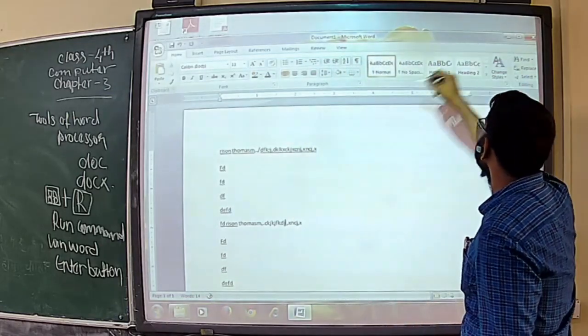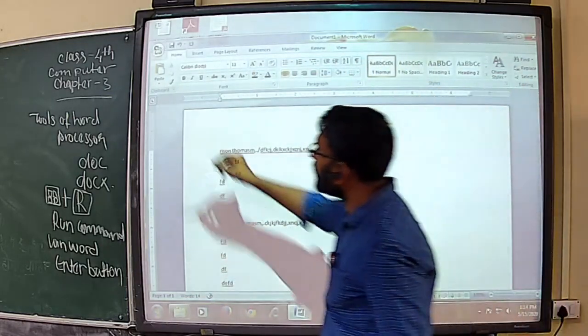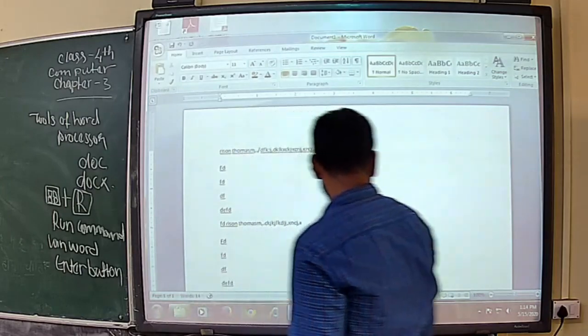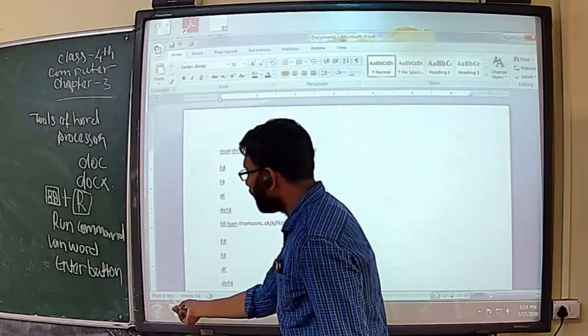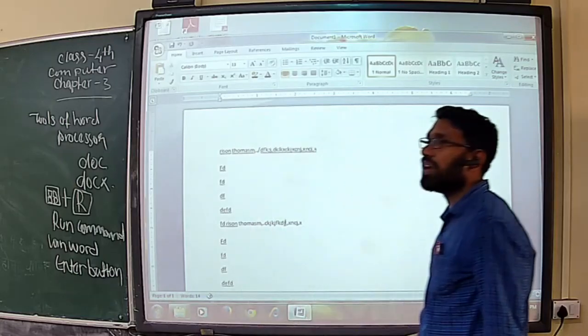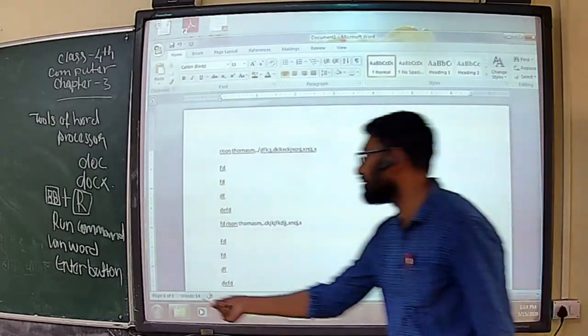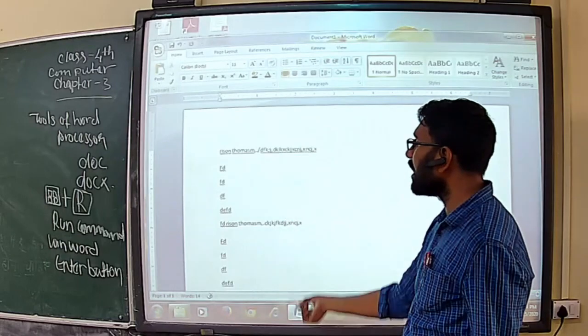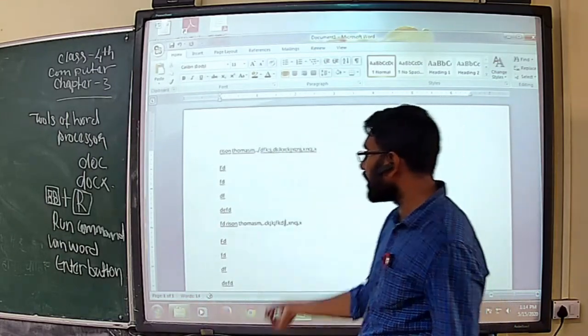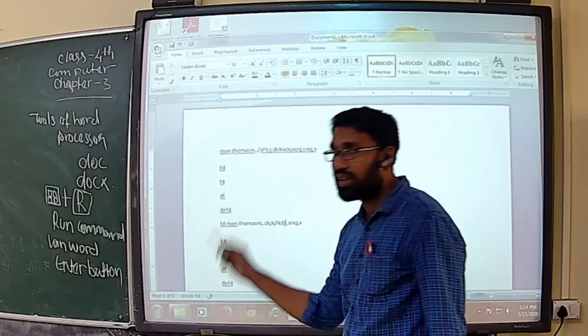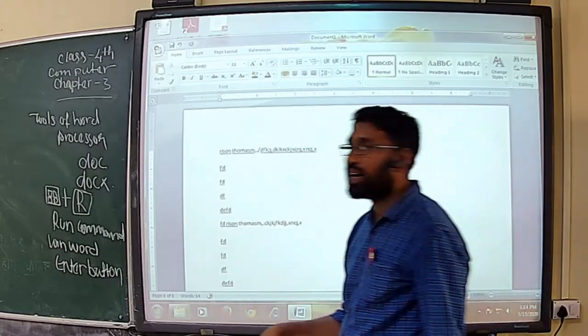Clear? Then at the bottom there is the status bar. It shows page 1 of 1, so we can understand how many pages are in our document, and how many words I have typed, a total of 14 words. For any spelling correction, it shows a dictionary icon with a red X mark, which means there are spelling mistakes.